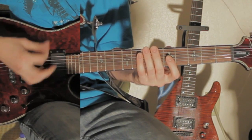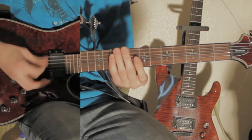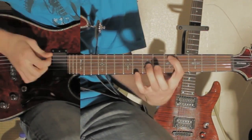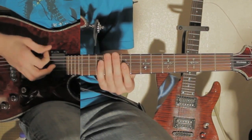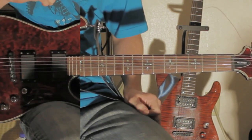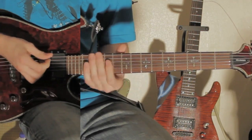And then it does it again. And this time it does an octave chord on the 8th fret. And then after 2 measures, the guitar that's playing the 5th octave right here stops playing and it's just the rhythm. Okay, and then after the 2 measures of just the rhythm guitar playing, it ends with an open note. So that would be...